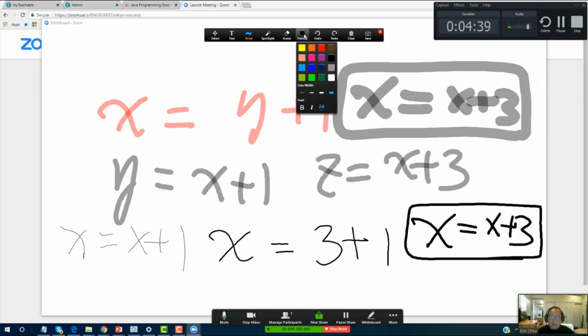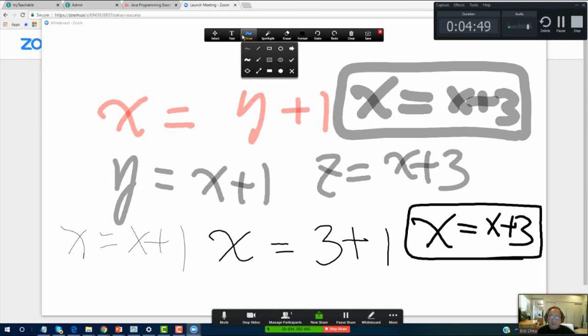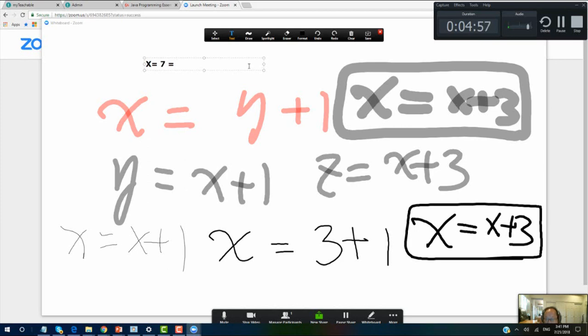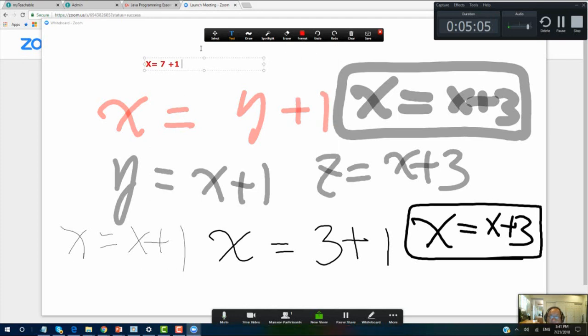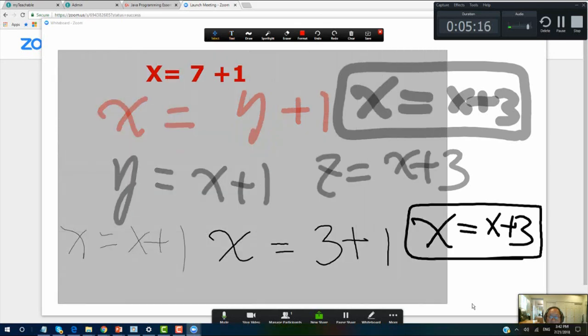So right here, let me actually try a different thing. You can have a font. So say if I want to actually write some words, I use the font, and then I type. So that would change the font. If I choose color for the font, it will become something like this. Okay, I can also choose the size. If I use 72, it becomes bigger. And then you can also choose a certain area,